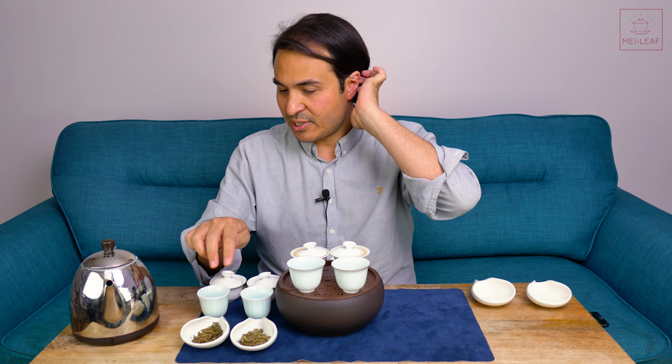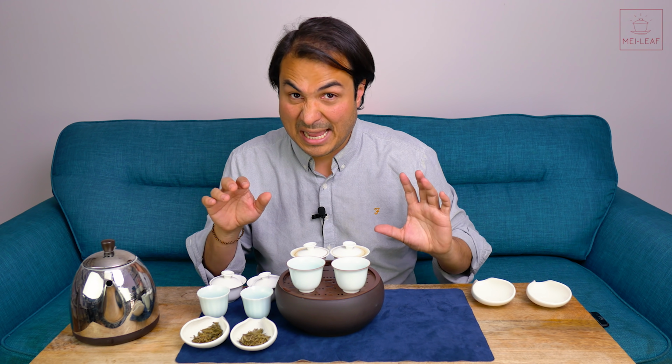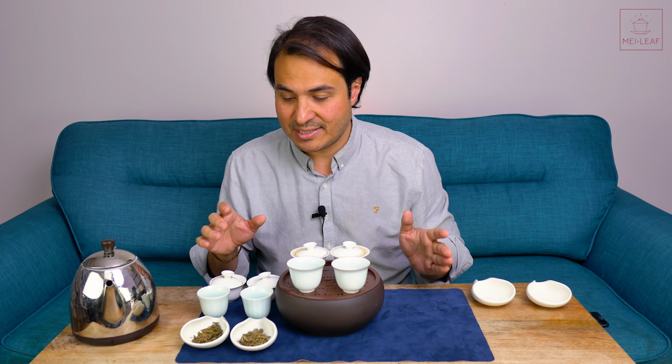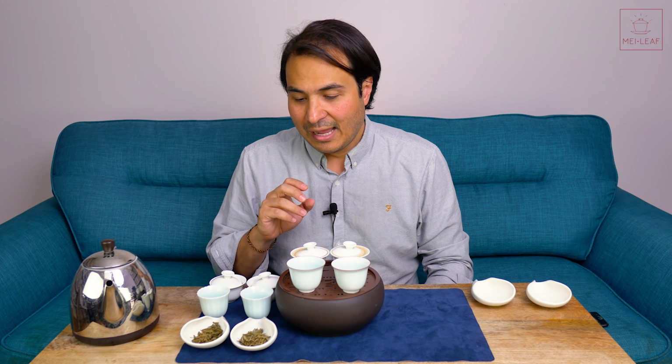I've also, as you can see here, done the same with Imperial Green. I roasted it at the same time, so same parameters exactly. This is a 2017 Imperial Green, so four years old. And again, I haven't tasted the 2017 actually, but I'm assuming that I would note a difference between the two. It's a bit unusual to do it for green teas,